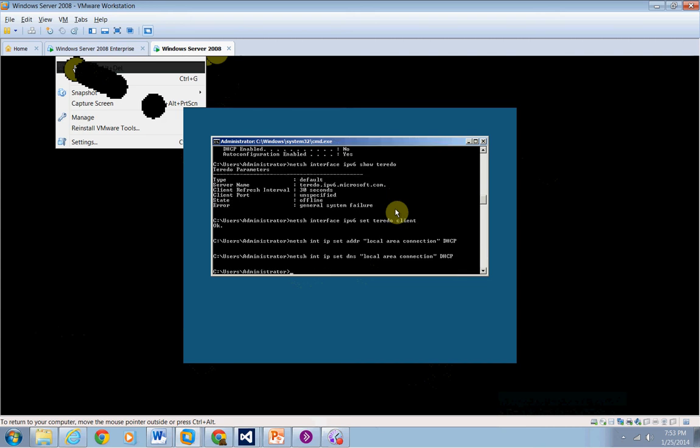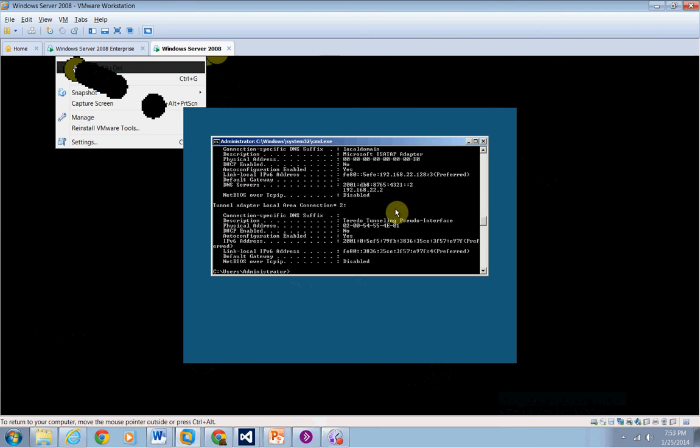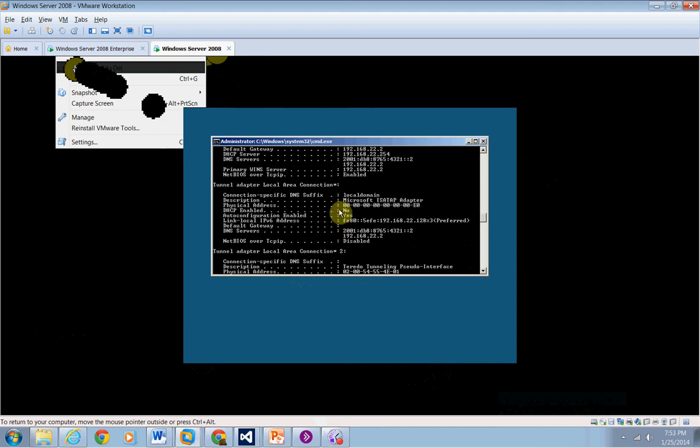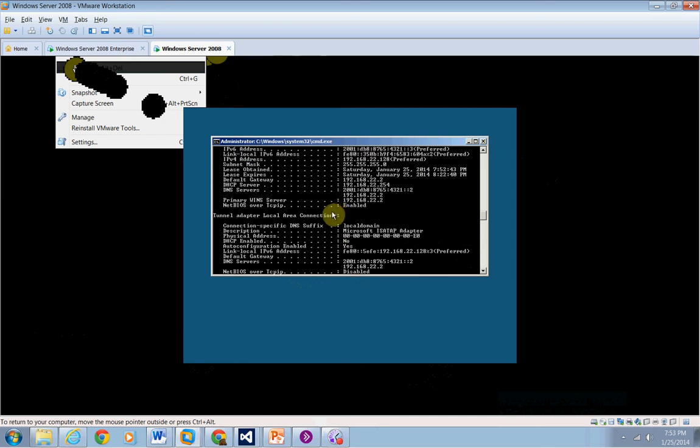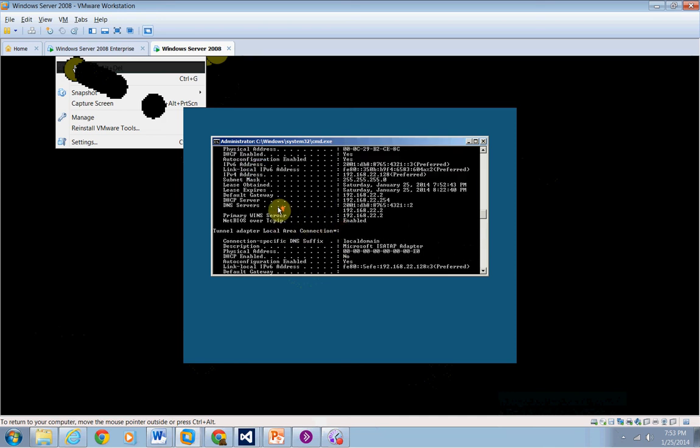Now we're going to type ipconfig /all and verify that the server receives the IP address of 192.168.100.201. And this should be an IPv4